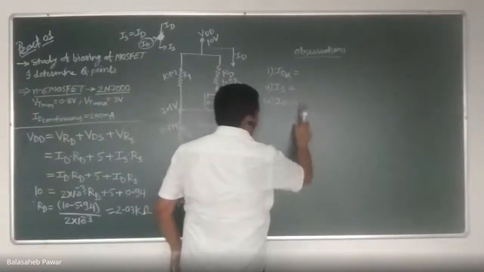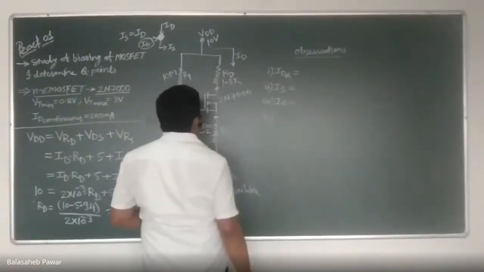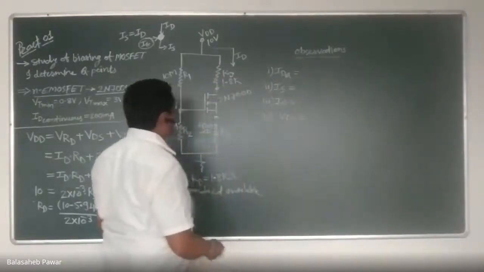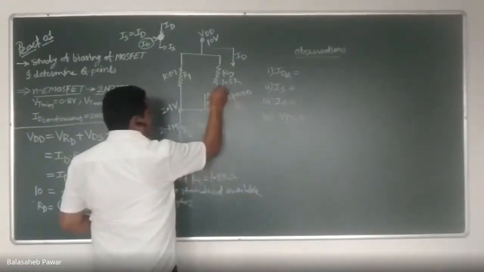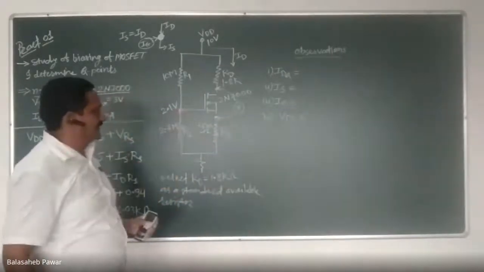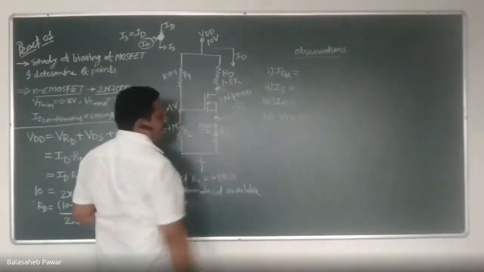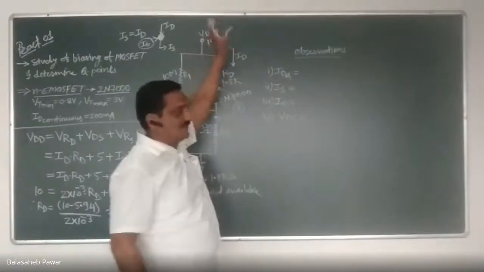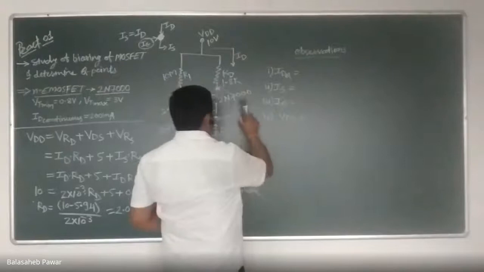Okay. Then next parameter that you have to measure is VDS. How you will measure it? Just connect that voltmeter, again DMM, at the drain terminal with respect to source. That means voltmeter should be in parallel, remember, so that it will measure the value of this VDS. Approximately, again it should be half of this VDD, or closer to 5 volts. Practically how much, that you have to verify.